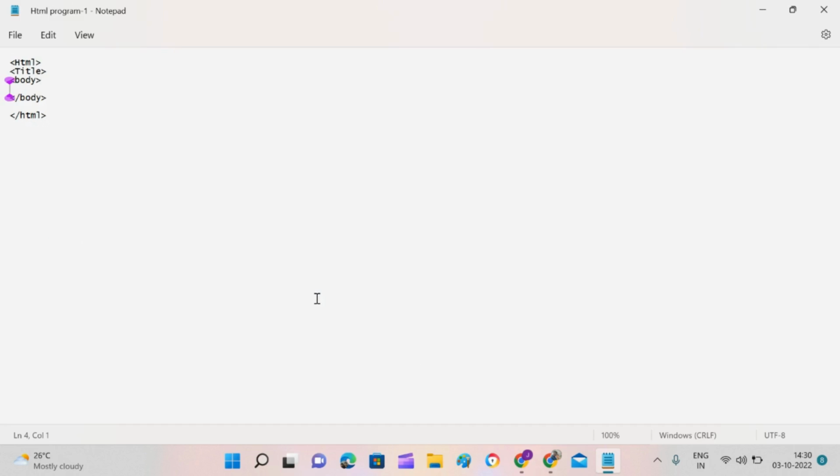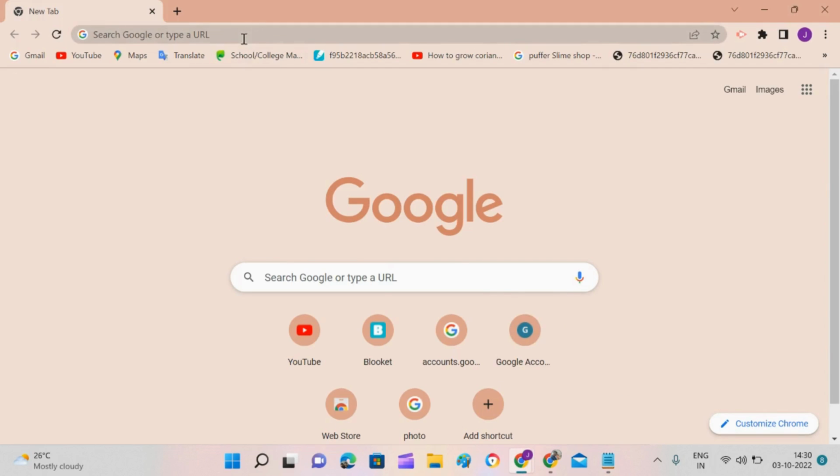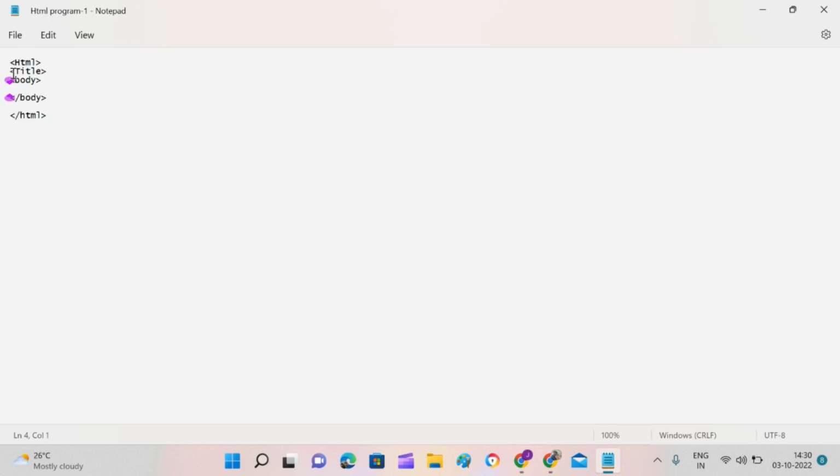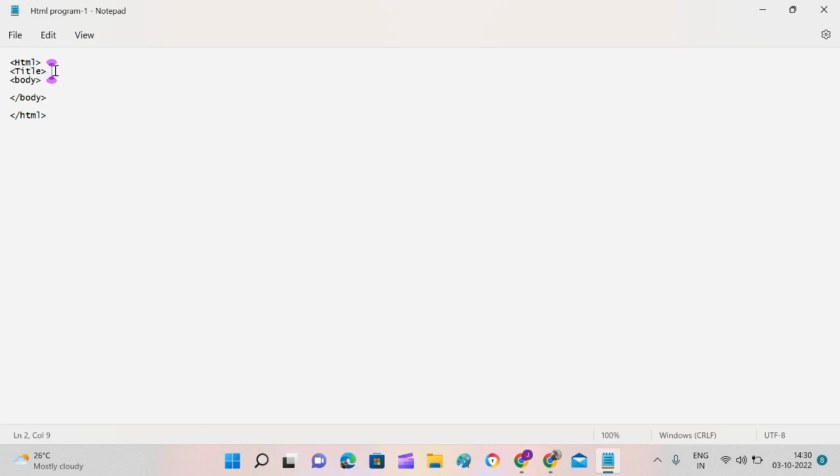Next, click on save, and then we'll go to a Google Chrome tab, and I'm clicking Ctrl O. Now you got the HTML program 1. Click on that and open it, and you got the program here. Since I opened this title tag right here, it is showing what all we have written inside as the title of this program. Now let's give a title to this like program 1 and close this,